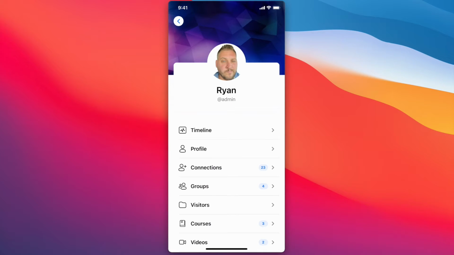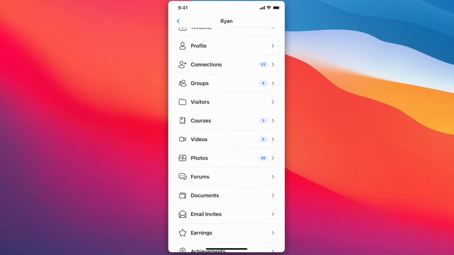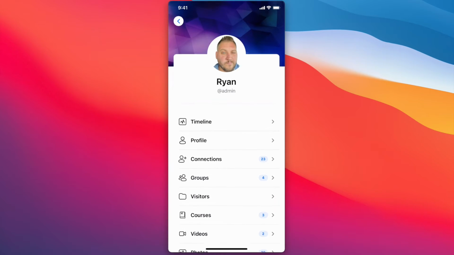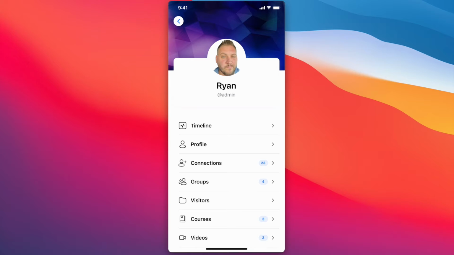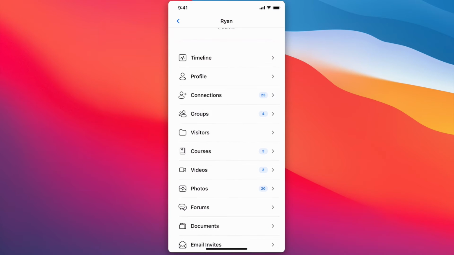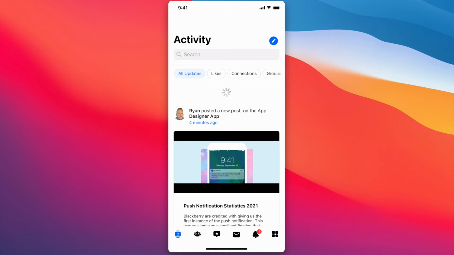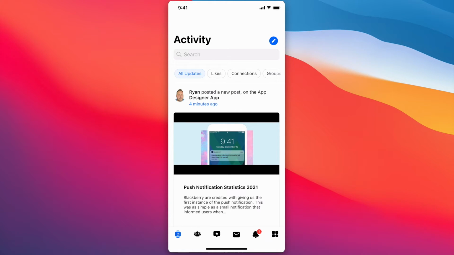But usually, 9 times out of 10, clicking on a profile image, this would be my profile, will take you directly to their individual profile where you can see all of their earnings, their achievements, their ranks, how far they've come along inside the network, the courses that they have access to, any videos that they've uploaded, etc. So all of that information here can be then accessed individually by the members page and inside the main network,